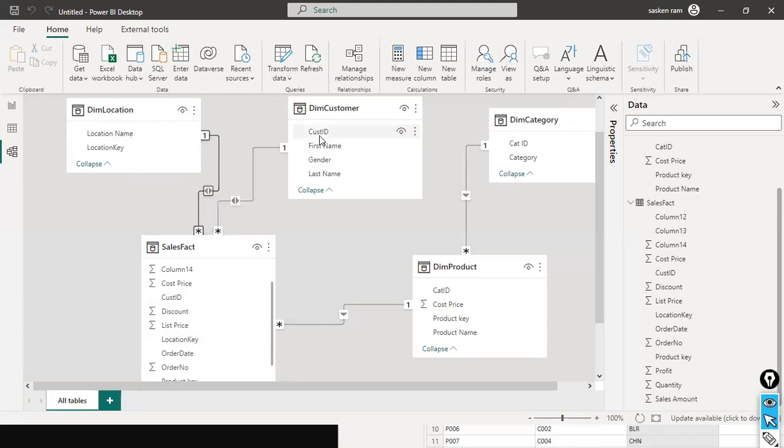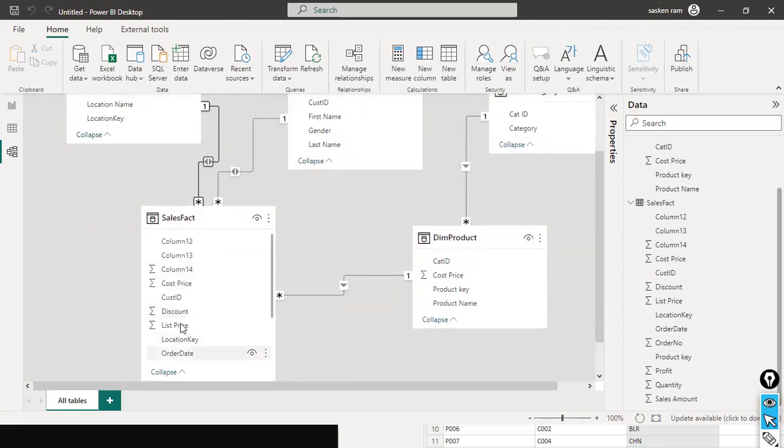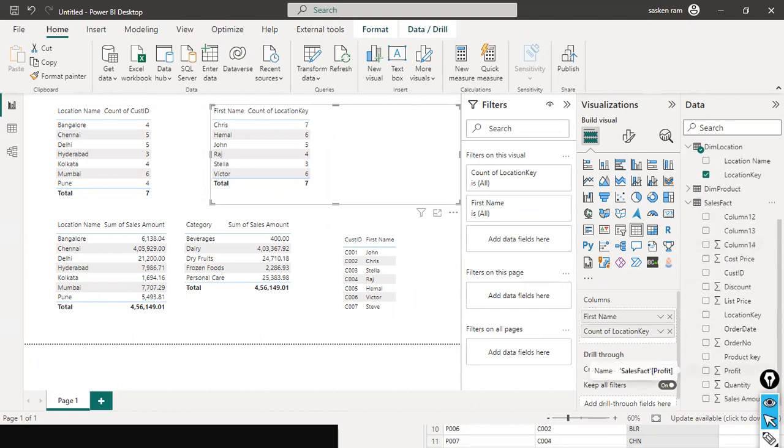Now the question is, the customer ID and location key, both of them are available here. If you look here, the customer ID is available. Why can't I put the location key from here instead of the location key here? If you put it here, what will happen? Your customer dimension can filter the sales fact table. If you put the location key here,